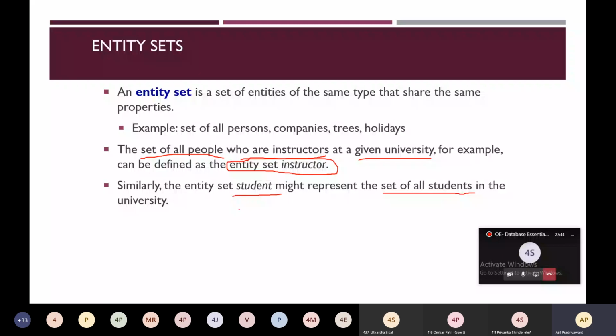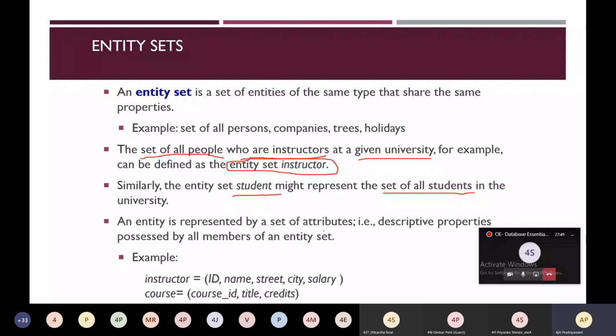So an entity is represented by a set of attributes. An entity is represented by a set of attributes, which are called descriptive properties possessed by all the members of an entity set. Every entity has properties. Those properties are called attributes, and technically they are called descriptive properties.